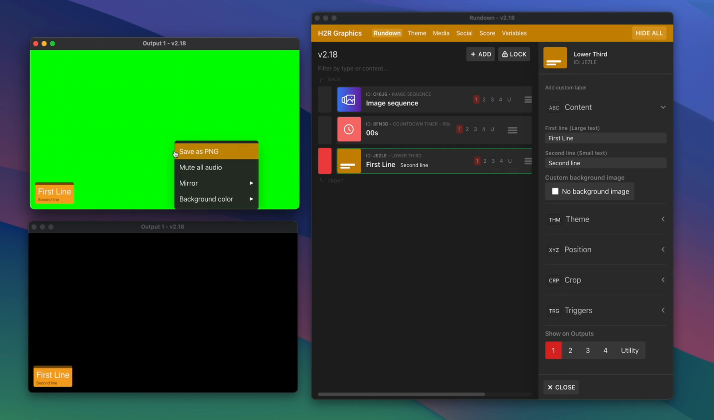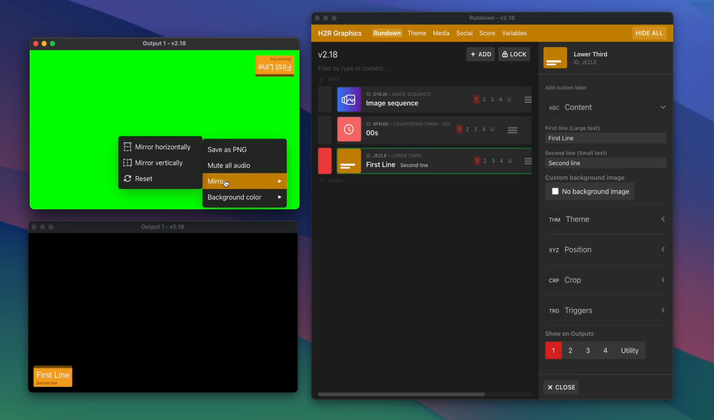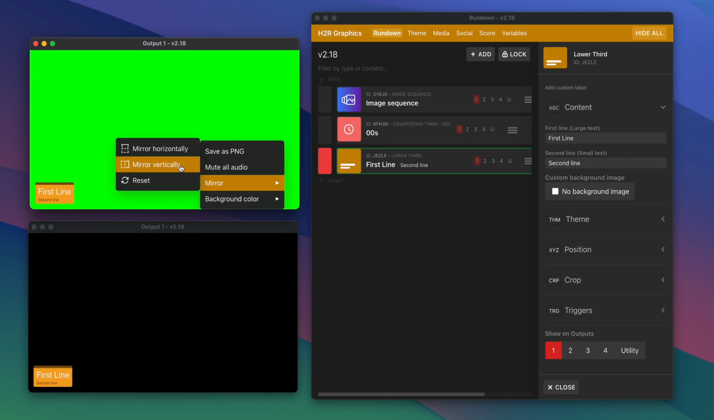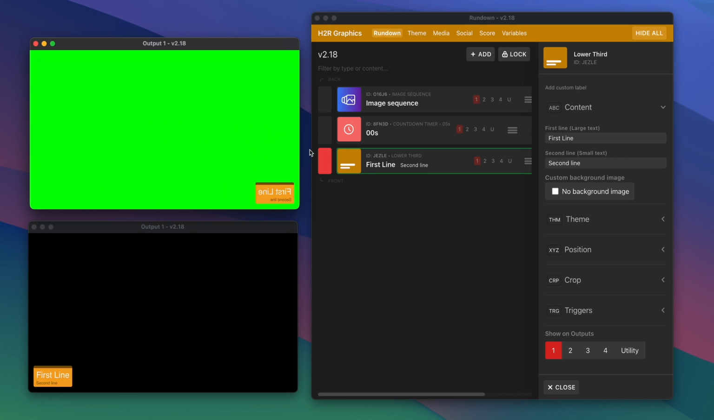And in my output, I can now choose to mirror it horizontally and vertically. So I can do that. Mirror, mirror, and now you'll see that it's upside down back to front. Maybe I can reset that and just choose to do it vertically. This is perfect for a teleprompter. If you want to run your graphics through that teleprompter, you can actually mirror the output right from within H2R